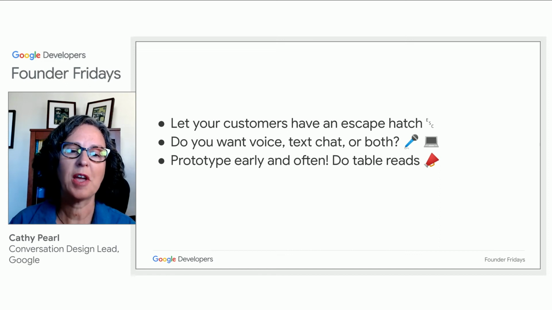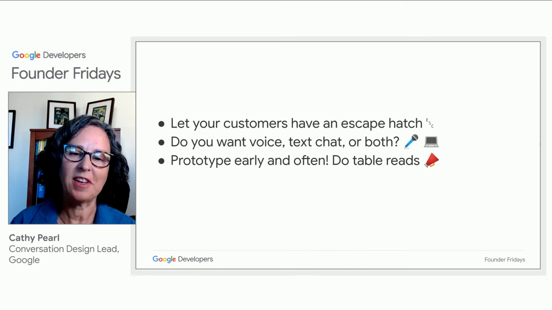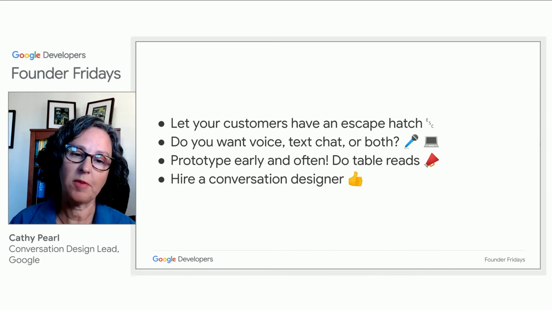Do a lot of prototyping early and often. You don't have to get fancy. Those things I did at the beginning with the tuna salad conversations, those are called sample dialogues. And that's how we begin any design experience. We just start writing those and read them out loud. Hopefully, you have a partner you can read with, and it won't just be like I did, reading to myself. But you'd be amazed at how many problems you can find just by doing these simple sample dialogue readings, and they're low cost, low fidelity, and you can work out a lot of things early.